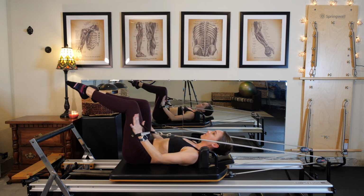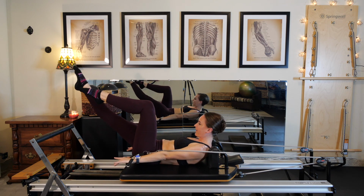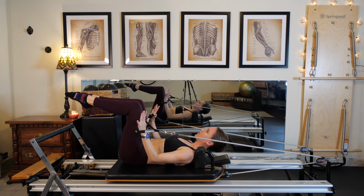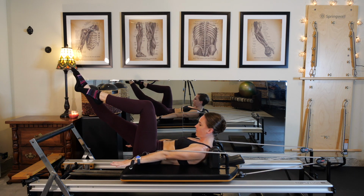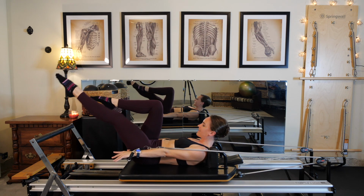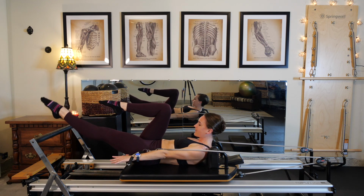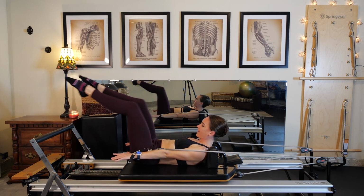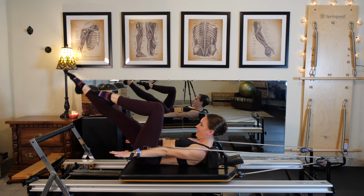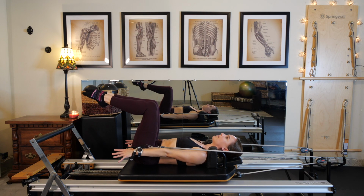Keep driving those lower vertebrae down into the carriage. Working in that nice imprint is super important here. Two more. Next time, stay lifted, hold it, alternate the legs continuously. Meanwhile, your arms are reaching forwards, your chin is close to your chest, low back is flat. 5, 4, reach forward, 3, 2, 1, tabletop the legs, lower the head, flip the palms of the hands to